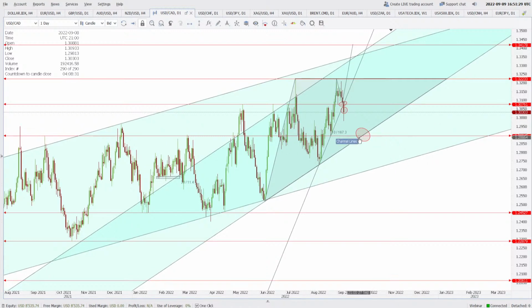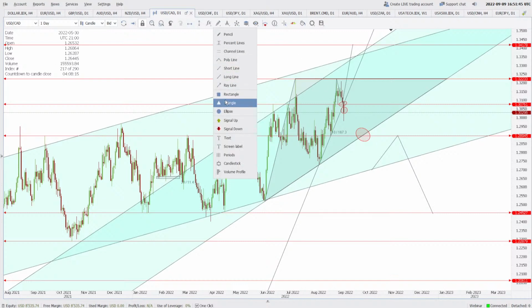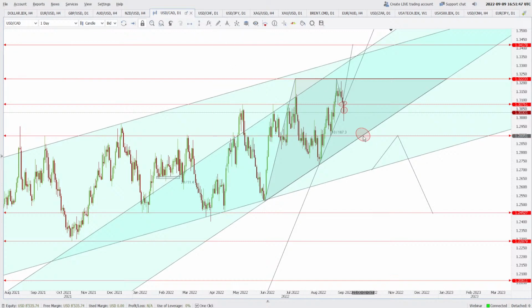Now if this does not hold, then what can happen? If this area does not hold, then that means the price will come back below this channel. This channel can issue some support. Now if that support is there, of course it will be there for some time. This can also happen. And if this does not happen, there is a possibility that the price will go straight below. There is a possibility, but I think this will give some support.